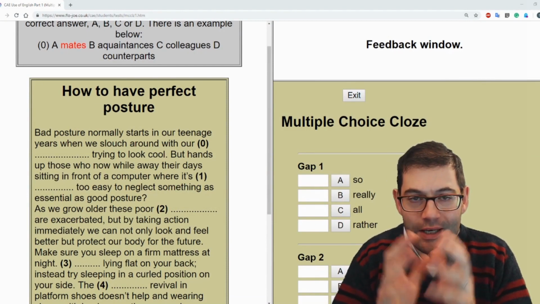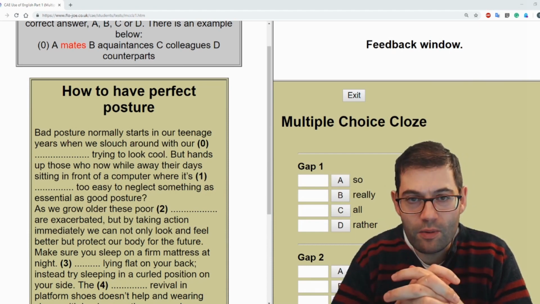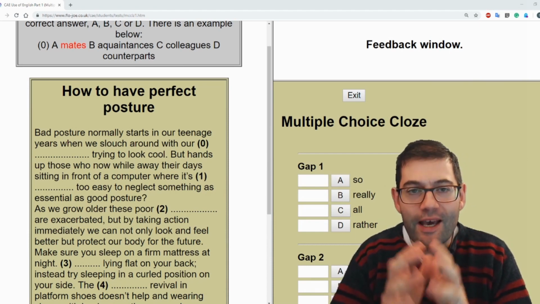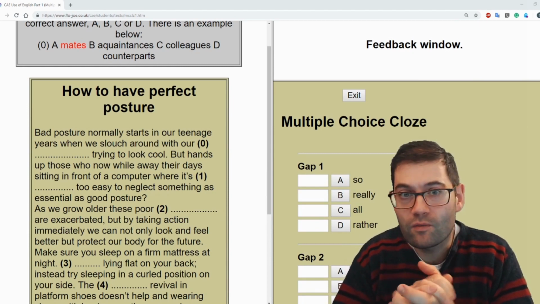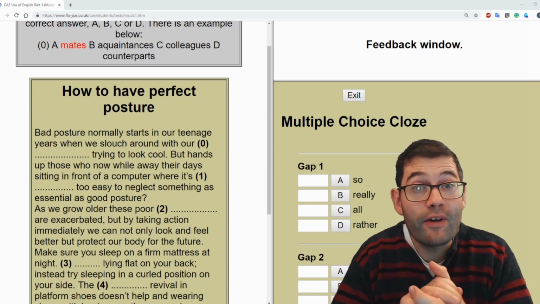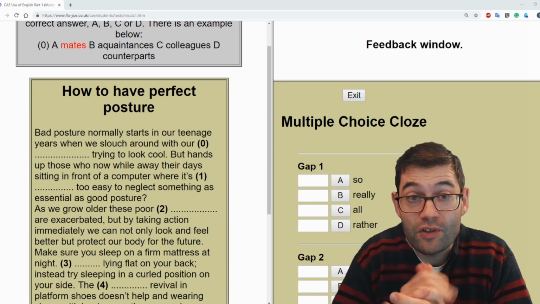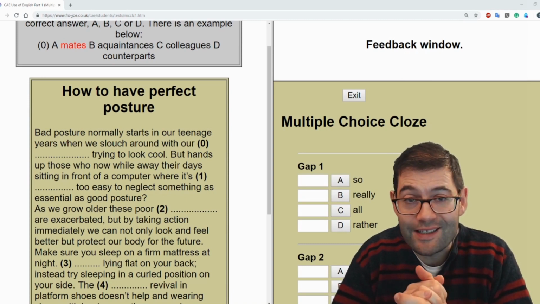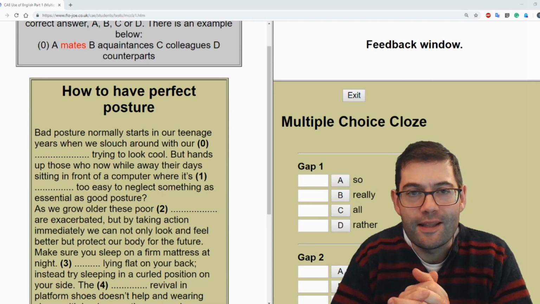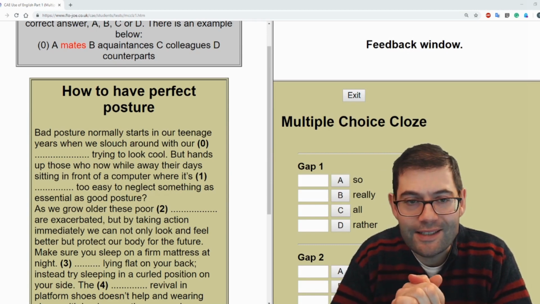Exam question. Today's question is a CAE Advanced Use of English Part 1 question, a multiple choice cloze, and this question you can find on the excellent website flojo.co.uk. If you haven't checked out Flojo, I recommend that you do. Plenty of fantastic resources to help you get ready for your CAE Advanced English exam and others as well. There's a link to the website in the video description below and of course to this exercise.